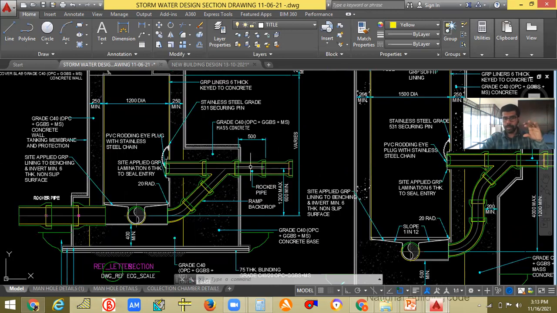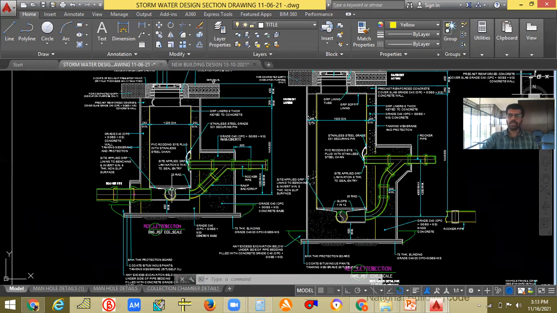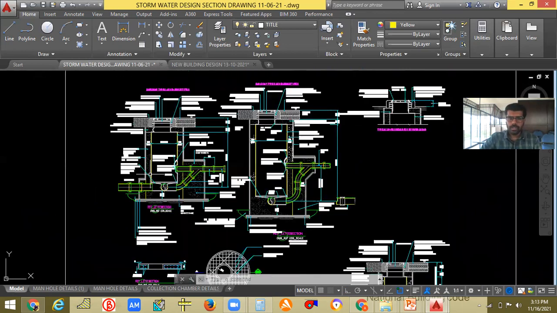This is the other pipe only. This is not the main pipe. This is the pipe from, for example, a collection chamber. It comes here, and sometimes if you are giving a proper slope, some days it will be here, or some days it will be anywhere. From there you have to give like this. Understood?